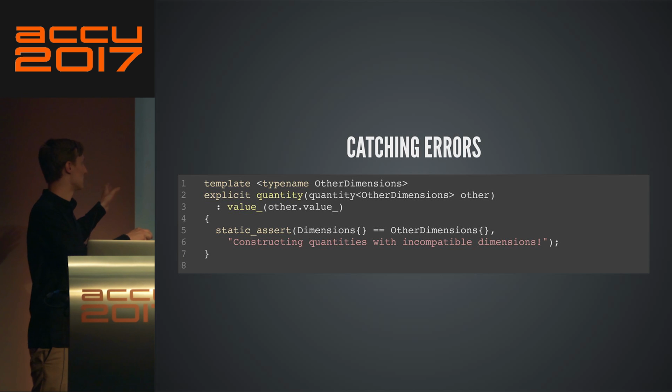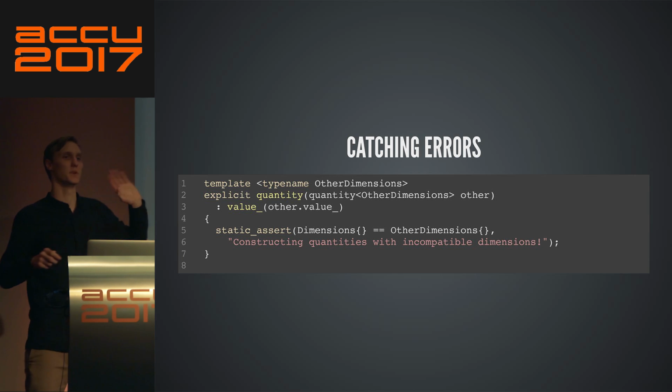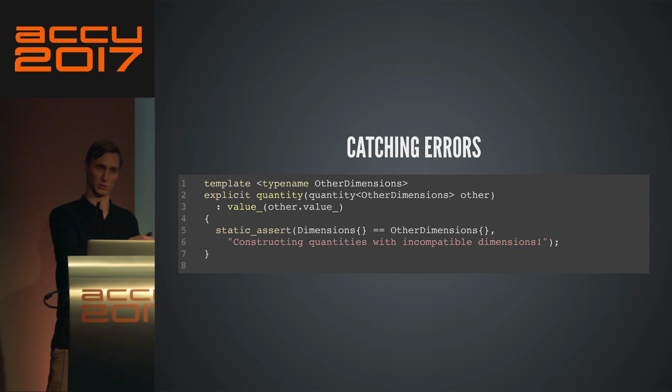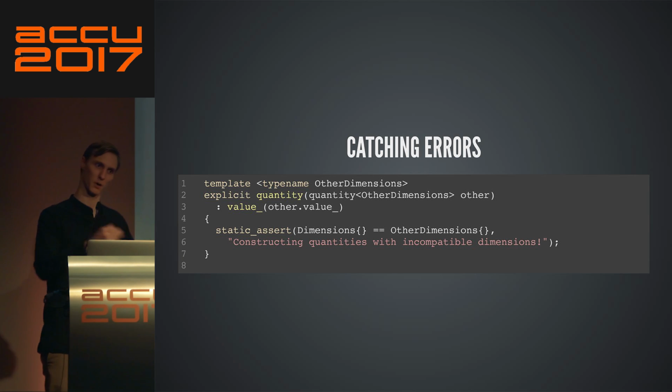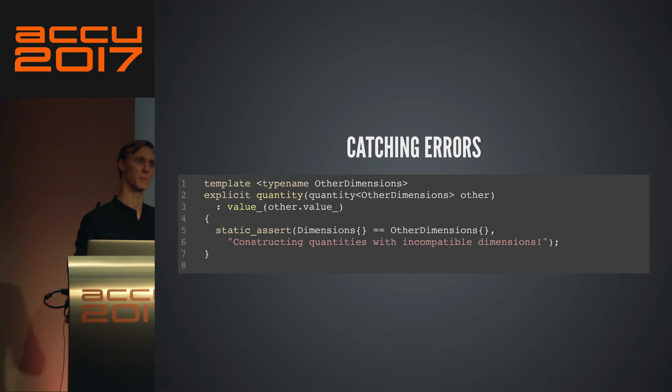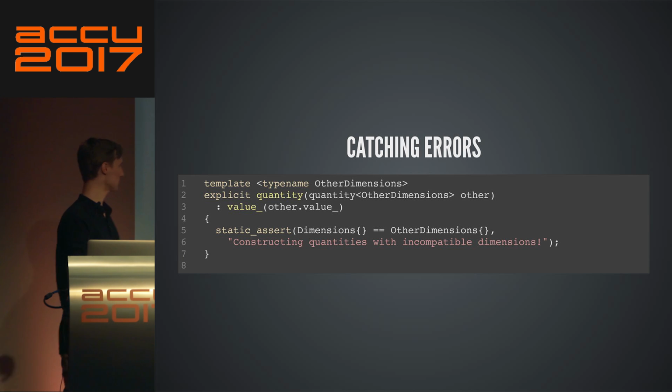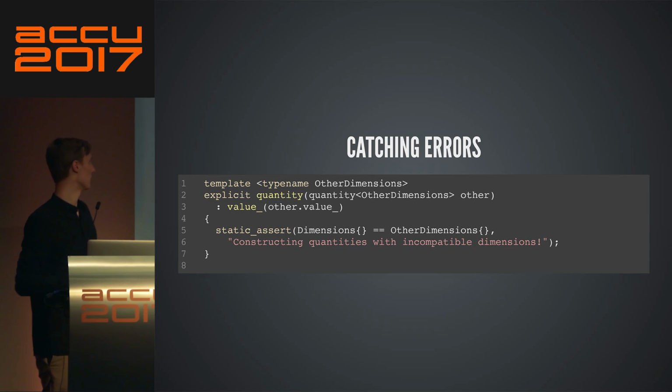This is the most stupid default constructor you've seen. But it gives me an object of the right type, which is a tuple of integral constants with the right values, okay? And then when I compare these things, I just compare that all the integral constants are equal. So I'm making sure, essentially, that you have the same dimensions in both the quantity that is being assigned to and assigned from. And otherwise, I give a nice static assert.